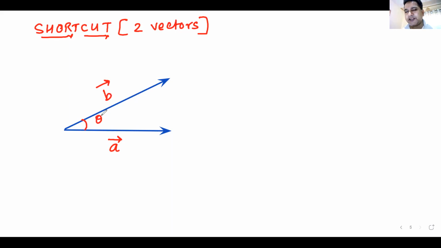Now, this concept has been elaborated in your notes. If you want to understand how it comes, you can look at the notes and understand them. But right now, our concern is not how it is achieved. The concern is how I get the result. So the resultant of these two vectors is nothing but A vector plus B vector. If I want to find the magnitude of the resultant, it can be given by this formula.